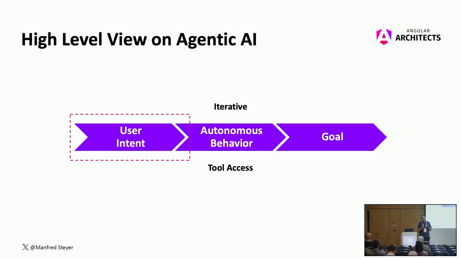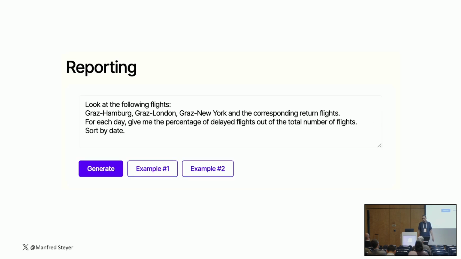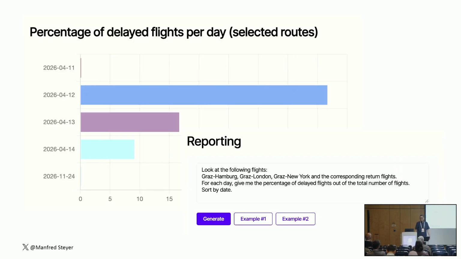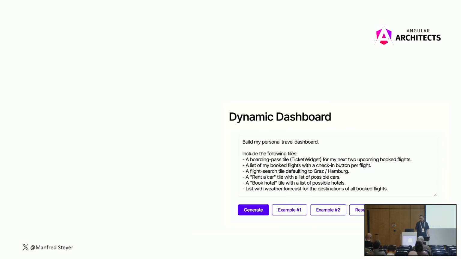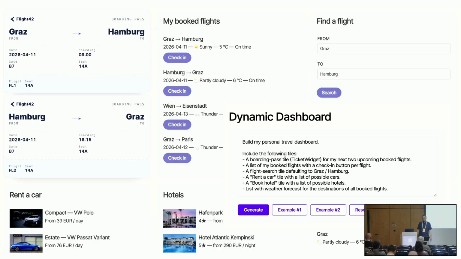So at the end, it really starts with the user intent and not with the question, do we like to chat or not? And when it comes to the user intent, indeed, there are several ways to catch it. It really depends on your situation. For instance, you might just go with something like a natural language query, where you describe a report and then you get the report, like a dynamic chart or something like this. Or perhaps sometimes you want to describe a dashboard and then you get your entire dynamic dashboard. Then you don't see this prompt anymore, you just see the dashboard until you change it.